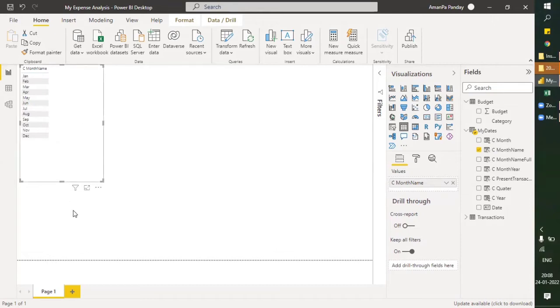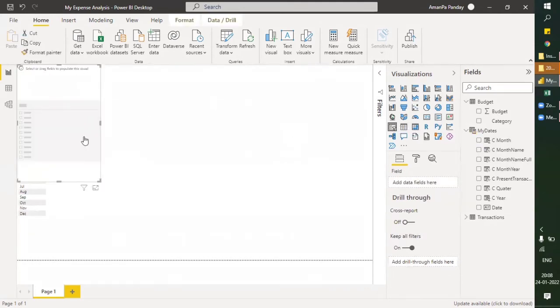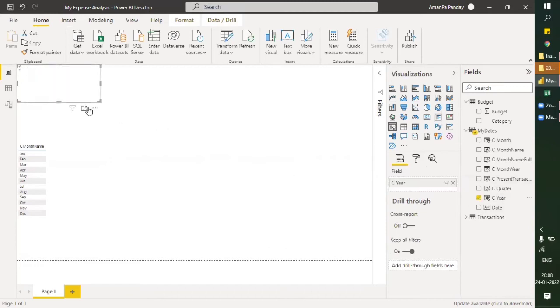So let me just add two slicers. The first one should be for year.